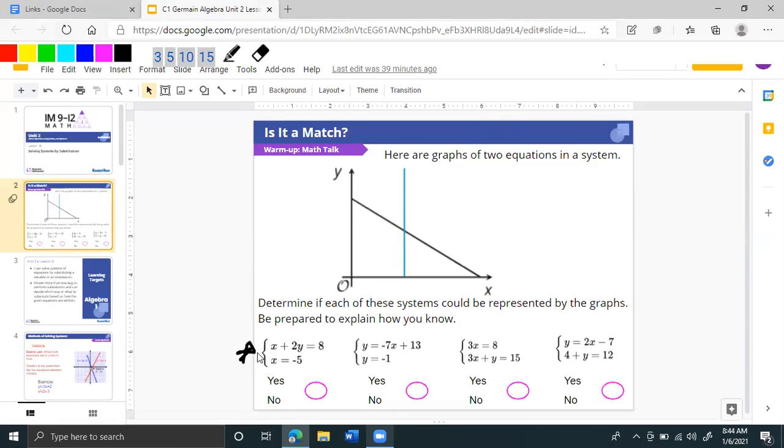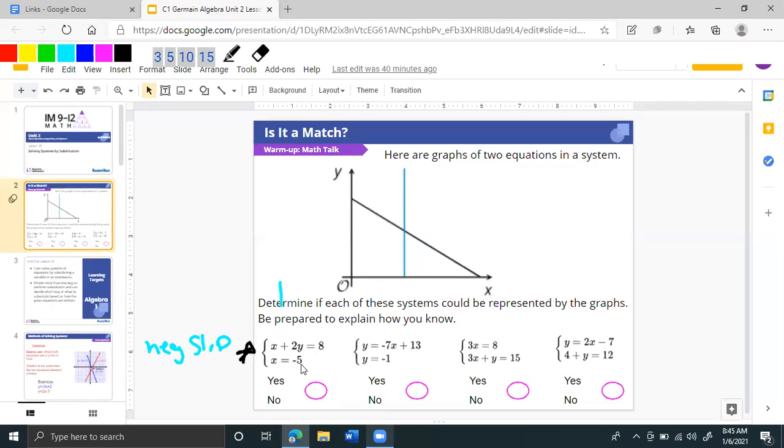So in theory, this first equation could work because if we were to bring this x over to the other side, get this first equation here in y-intercept form, this would have a negative slope. Okay, so this first equation works, but if we look at this second equation, x is equal to -5,